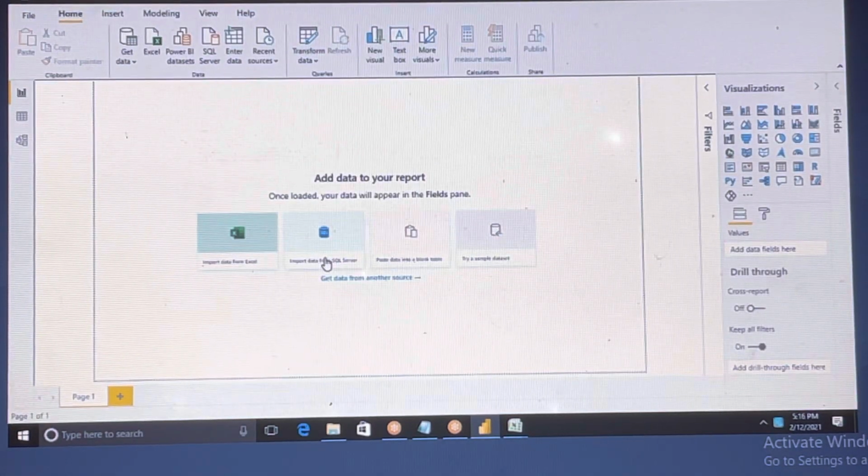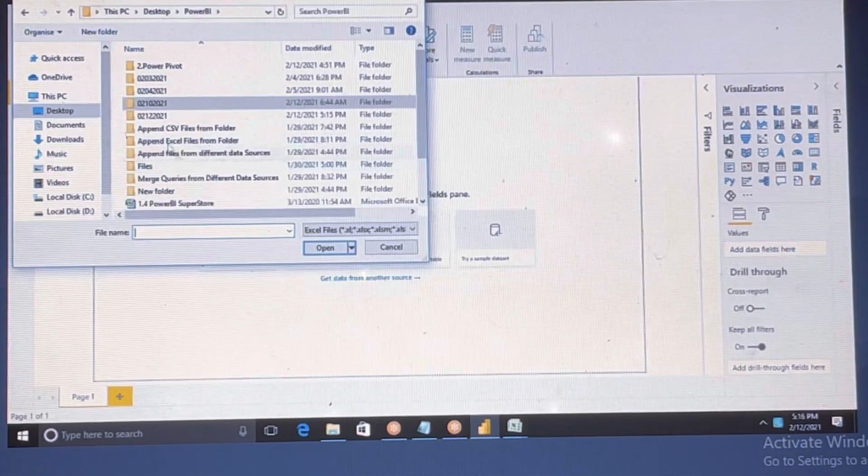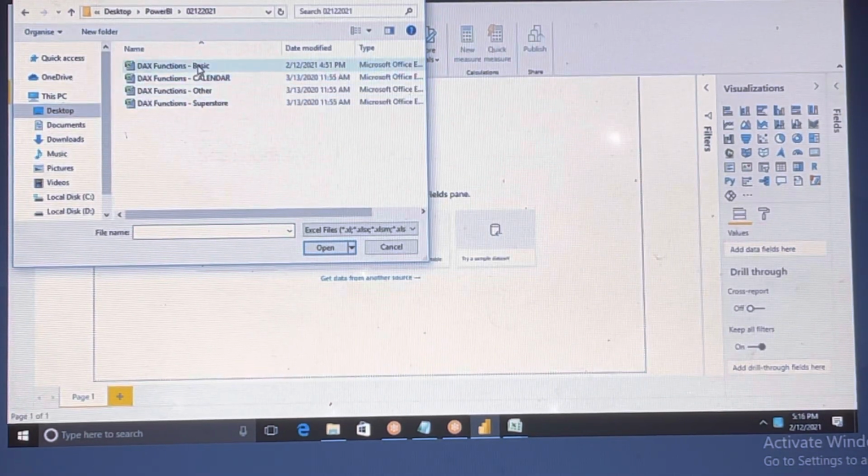First, what is the file? Click on get data and Excel. Here I have mentioned the date too. So let me take the first one, text functions basic.